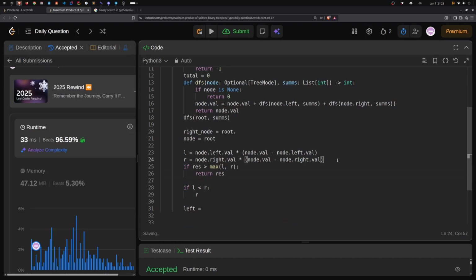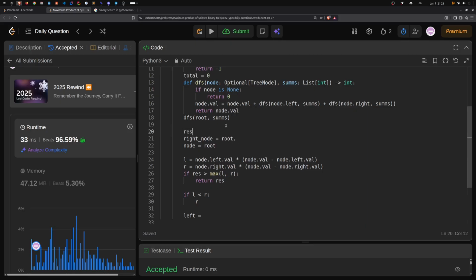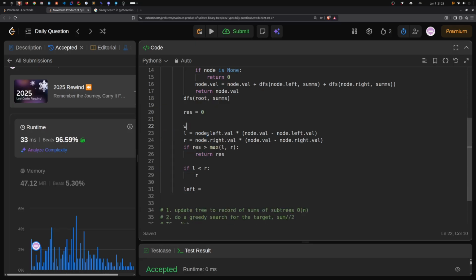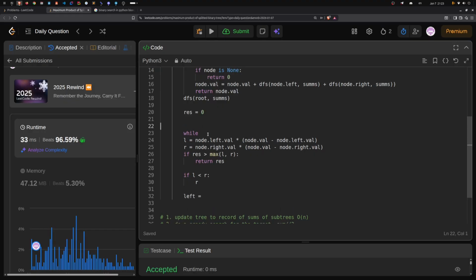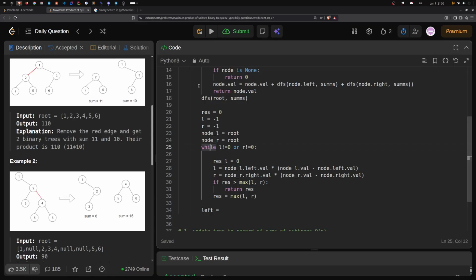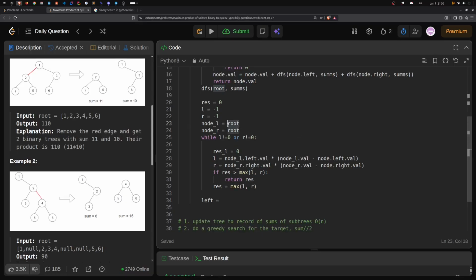And then here I'm going to have result equal to 0, and then I'll have this while loop. Okay, so the greedy algorithm update: I have node equal to root, and then while